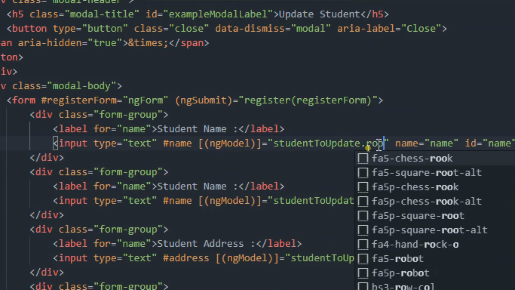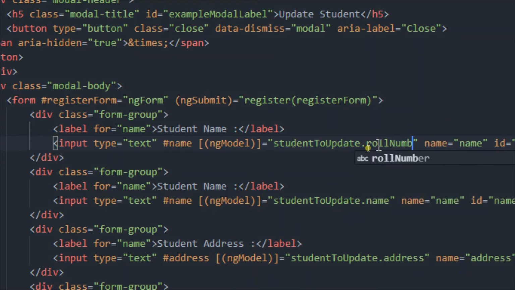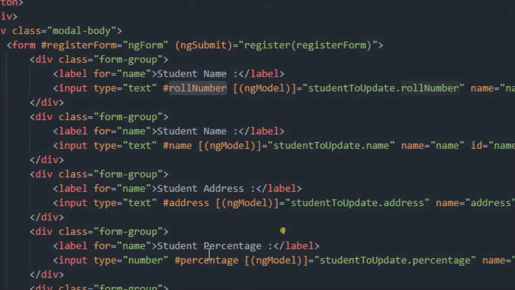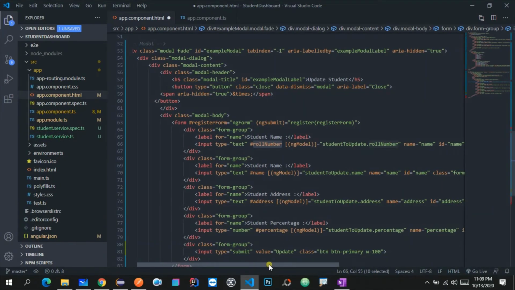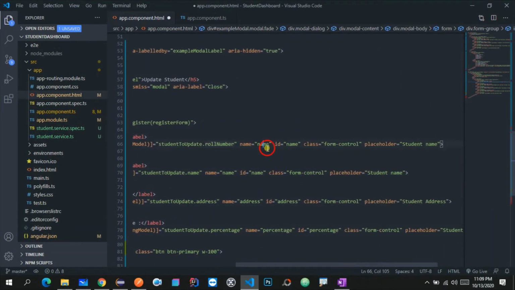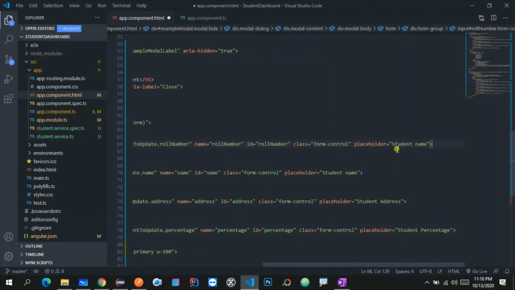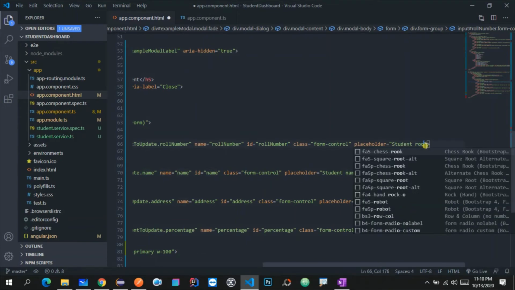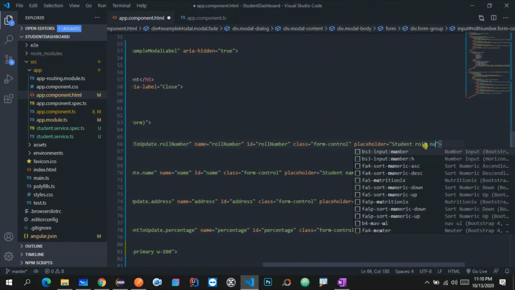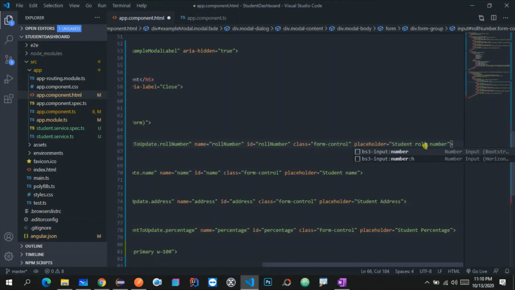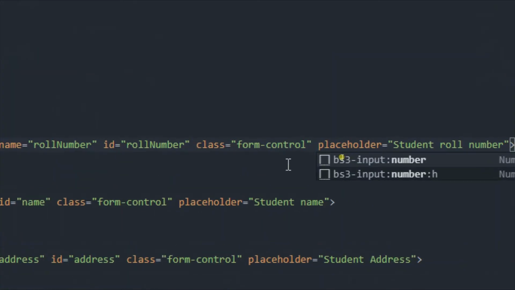So let me remove this name and it will be roll number, and this hash name should be roll number, and let me change the ID and other properties as well. So let me change the name and ID, and over here the placeholder will be student roll number, like this.